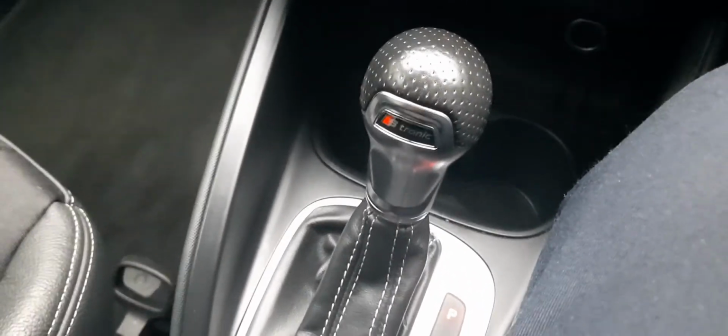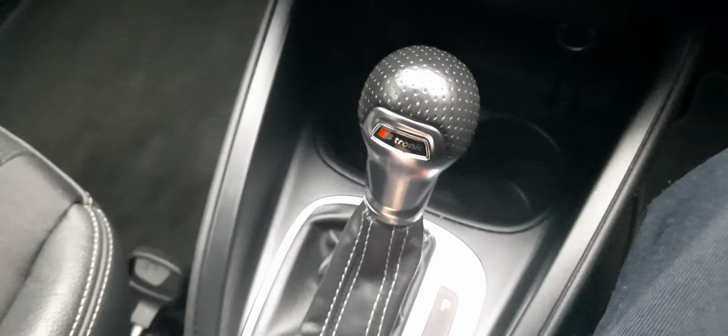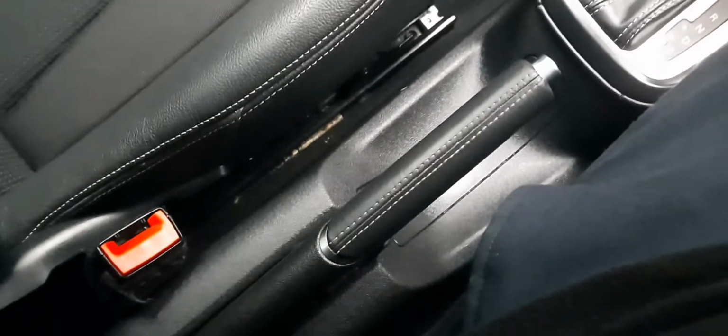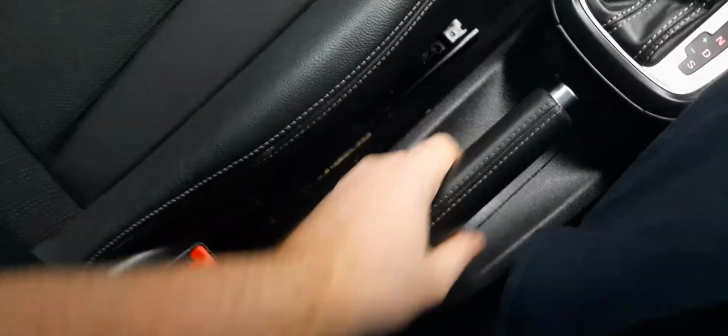and this is the best of all that. Here's our S-Tronic drive performance control, surrounded again by chrome. As you can see, I've put it in park. Here's our manual handbrake as well. Lovely leather grip, lovely white stitching, in great nick too. Let's come on over. I'll just whack that off right there. Just whack the key out, and as you can see, everything just turns off very, very easily,